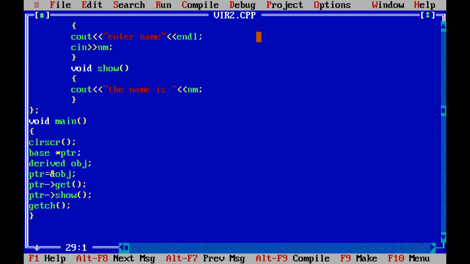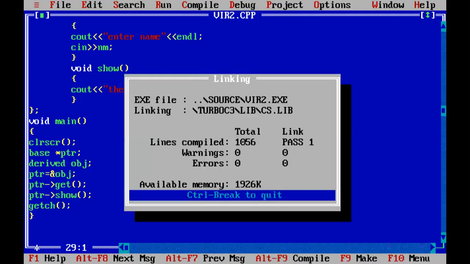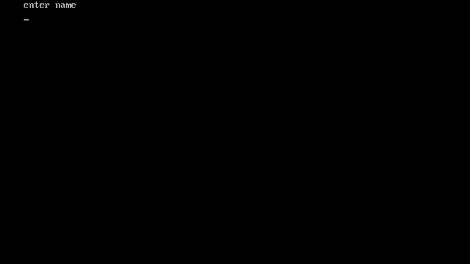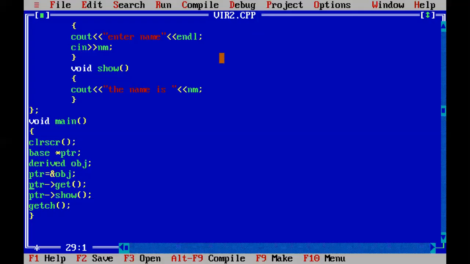Now we are going to quickly run this program and see. It is asking me to enter your name, and say I write ITM Gwalior. So it has printed its name. Again, we can run this program, ITM Gwalior. So it will print ITM Gwalior. So in this way, virtual functions and pure virtual functions are implemented.